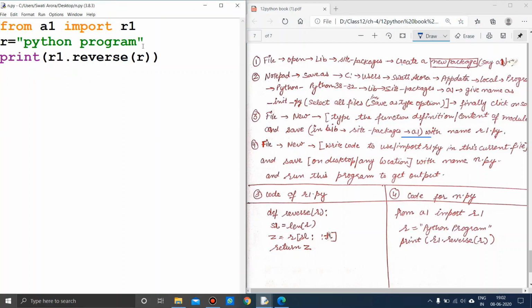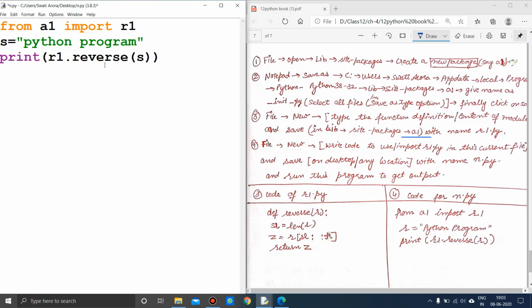R is Python program. This is my string, and that I am passing to this function. You can change the name here also. You can give it S also, there is no problem at all. The name can be the same or different. If you make it R, it should be R here, or if you make it S, then it should be S here.